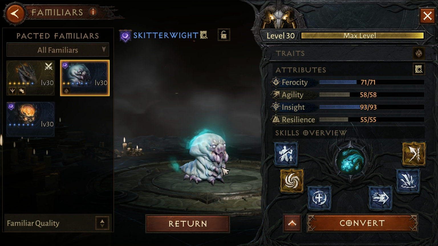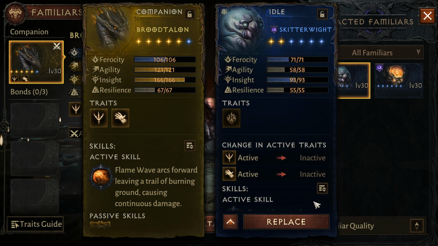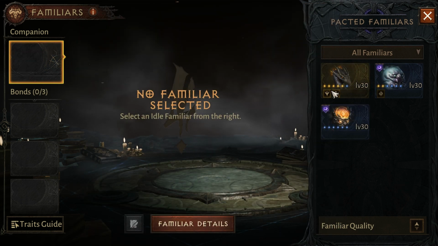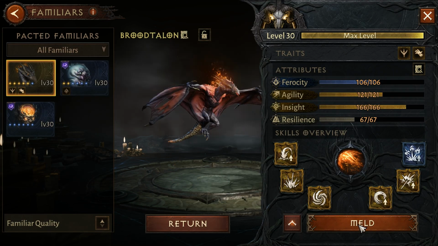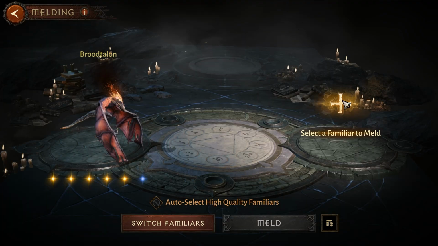So that's a roll of the dice. Again, we cannot meld. I think that's another thing. We cannot meld Aberrant familiars. If you look, let's just take out our ordinary familiar. It will have an option to meld, and once we select it,